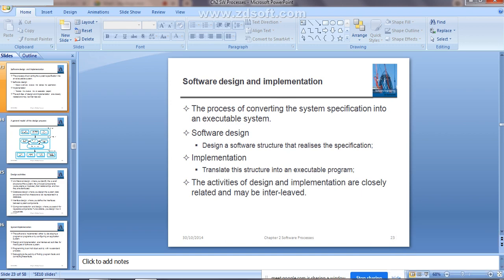So translating the structure you have already designed for that software in the software design activity will be translated into the executable program by using implementation. That means implementation is related to the coding part. Clear? So the activities of design and implementation are closely related, or they may be interleaved.